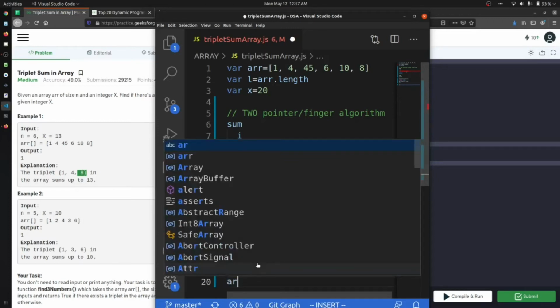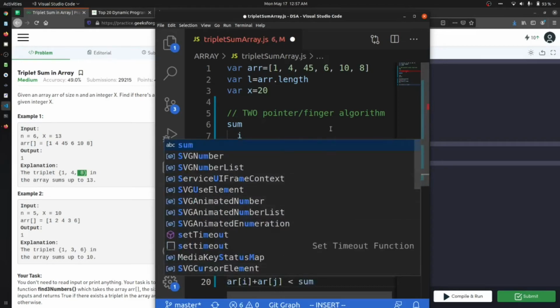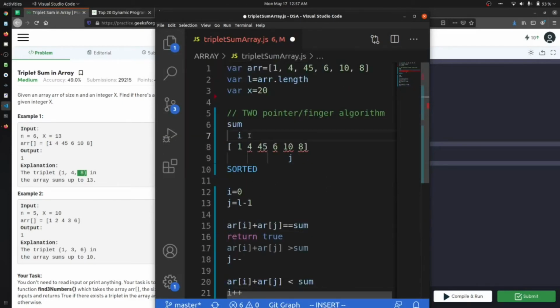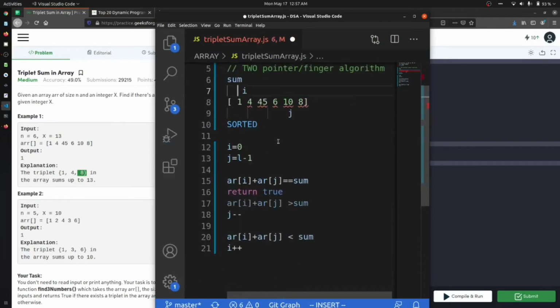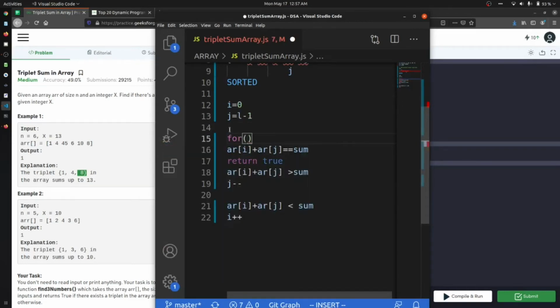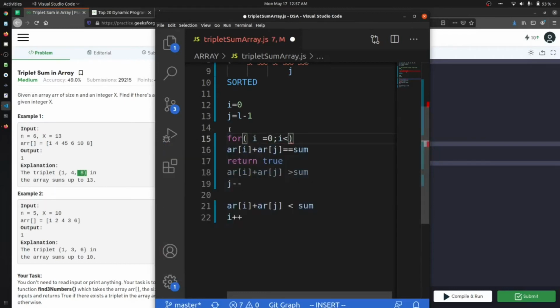If array at i plus array at j is less than sum, then we will increase the position of i. We will set i at this point, and then check whether it is equal or not. How many times will we check? We start from i equal to 0, i should go to L, where L is the length, with i plus plus.